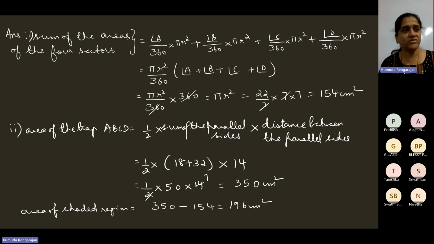Again, here we don't know the sector angles. The individual sector angles we don't know. So we had to find the sum of the areas of the four sectors. Okay, so that was the first part. Second part is to find